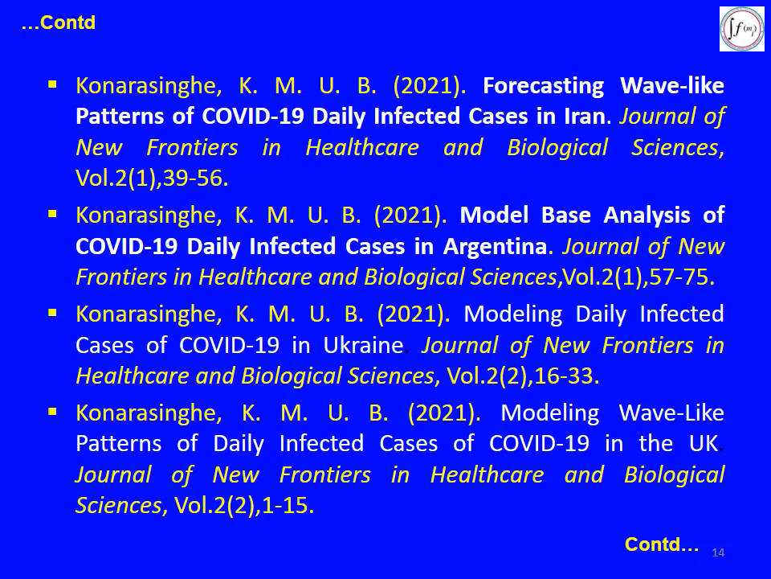So in 2021, when Major Uday Konarasinghe was analyzing the data, he found wave-like patterns. See the last two. This one. Modeling wave-like patterns of daily infected cases. So he found that after the second or third wave, this number of infected cases follows a wave-like pattern, an irregular wave-like pattern. To capture the irregular wave-like patterns,